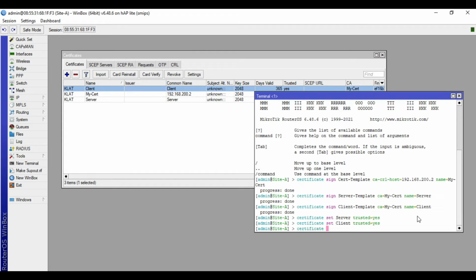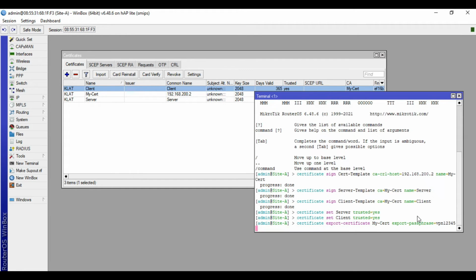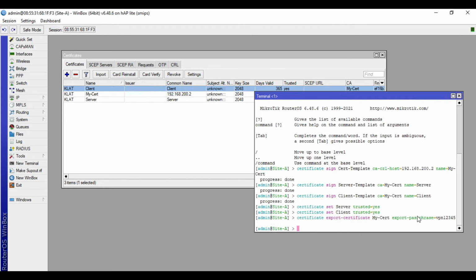Certificate, export the certificate, input here the certificate you want to export, my cert, then export passphrase, I'll input this one, VPN12345. Take note of the passphrase because you will input this again when you import these certificates in the MikroTik of the remote site. Press enter.